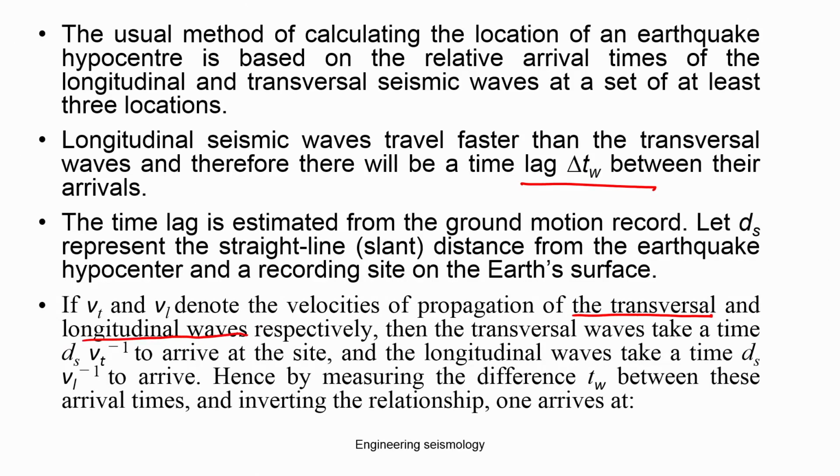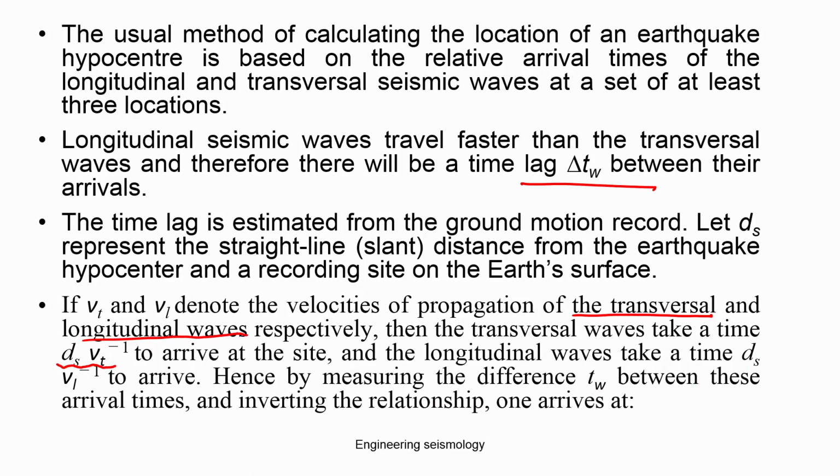So the time is equal to distance divided by velocity. As I told you, the velocity of the region is an average value and the distance you know. So you get the time from distance and velocity. The longitudinal wave takes ds over Vl to arrive, and the measured quantity will be tw, the time lag between these arrival